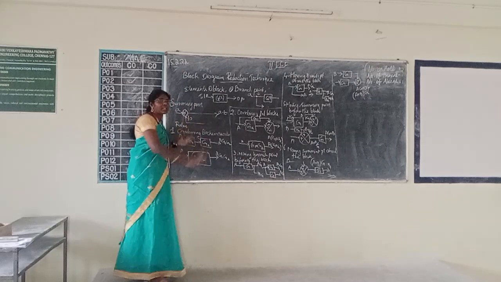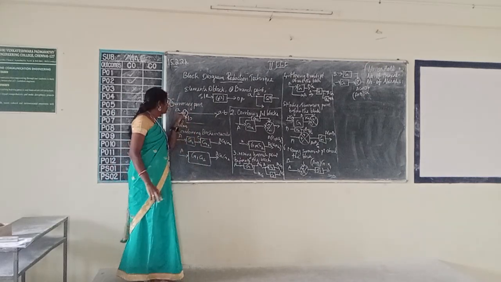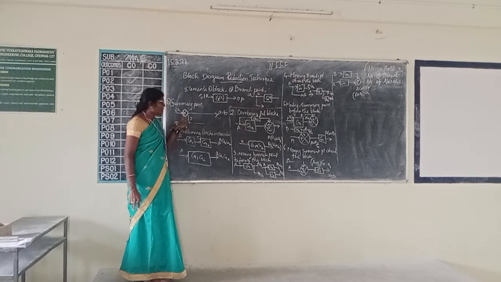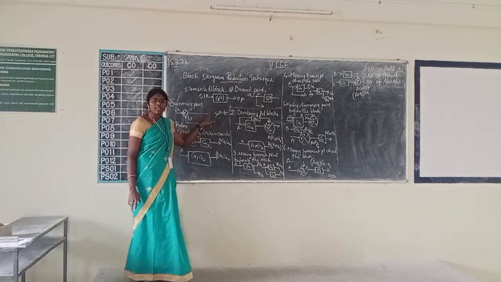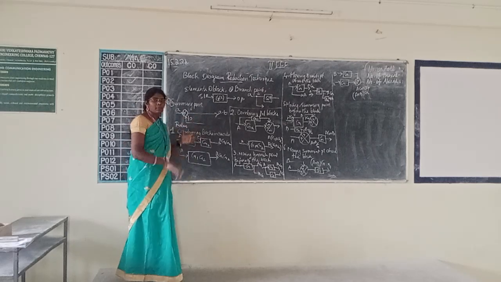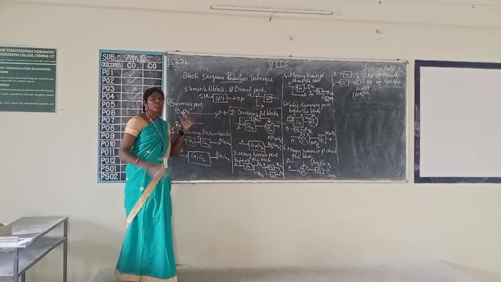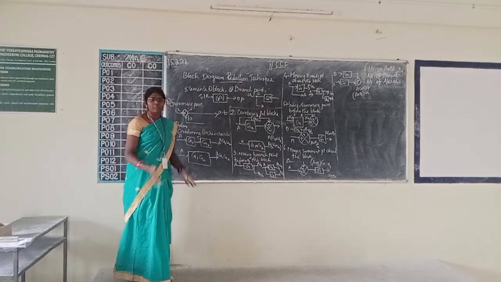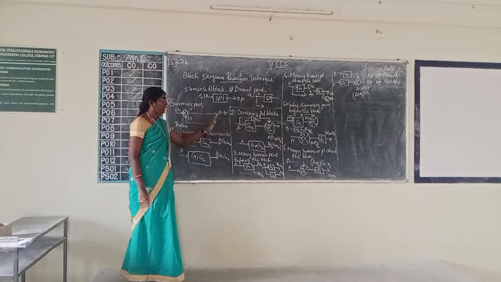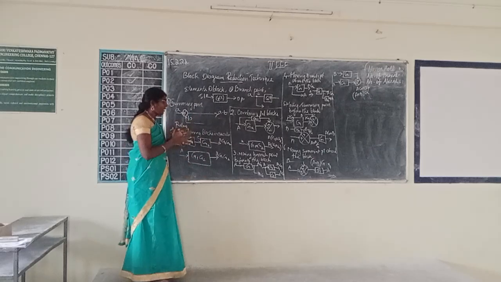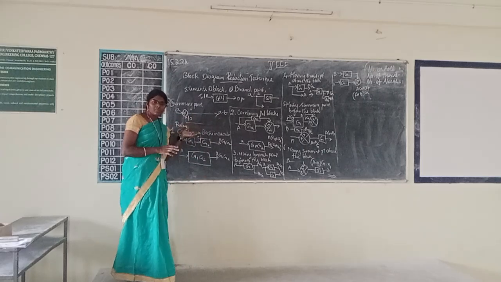If I have to make an arithmetical operation, that is, if the function is minus, it means the output will be A minus B. For that purpose, here we have a summing point to add or subtract some of the inputs. Okay, these are the basic elements of a block diagram,